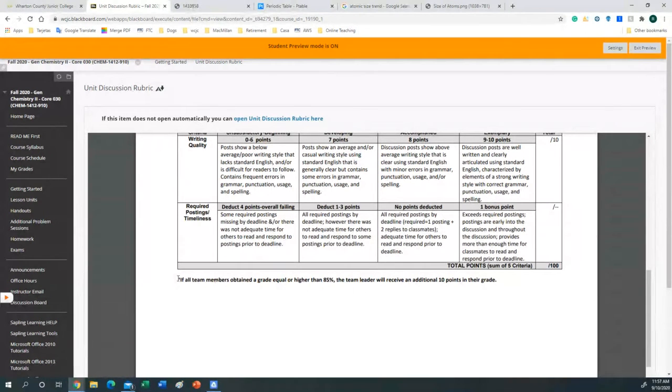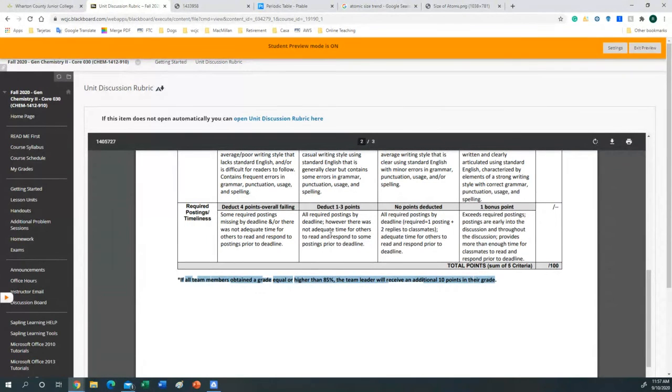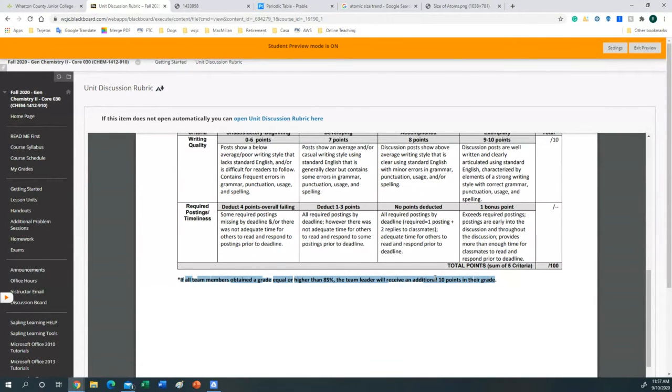Now, it says here, and this is the part that I wanted to cover. If all team members obtained a grade equal or higher than 85 in the discussion, then the team leader will receive an additional 10 points in their grade. Now, this is extra. So the team leader is gonna be graded as any other team member, right? But